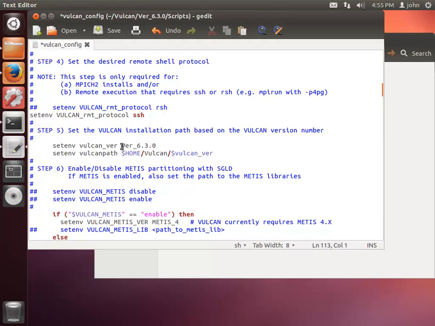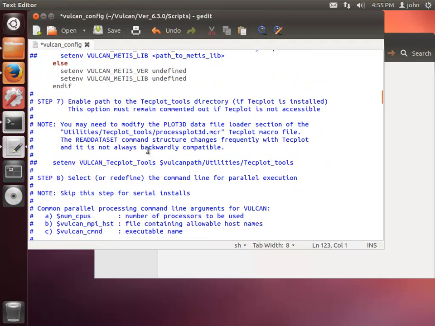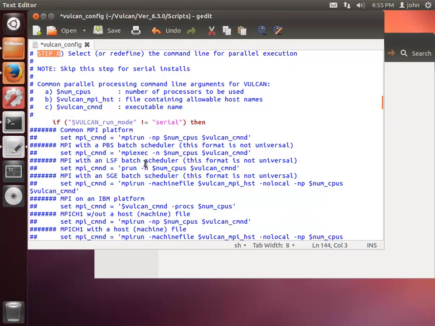We should have our paths correct, but if for whatever reason you're using a different path or different version number, change it here. Step 6, I disable metis. I don't actually know what it does, but I'm not using it. Step 7, TechPlot. If you have TechPlot, great. I don't have it. Step 8,